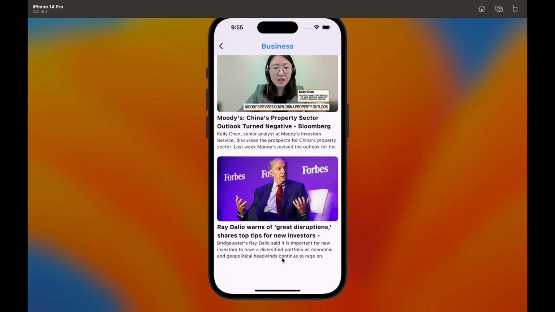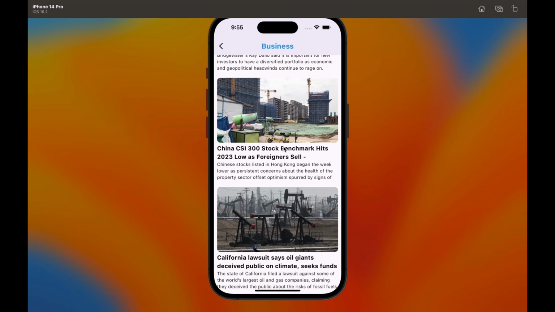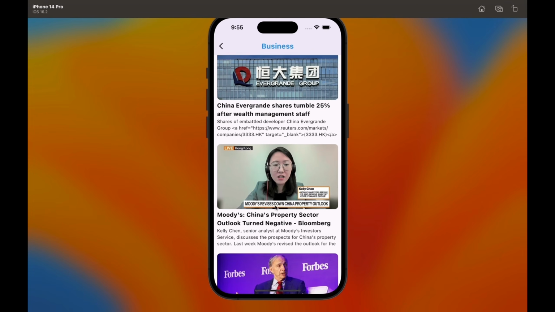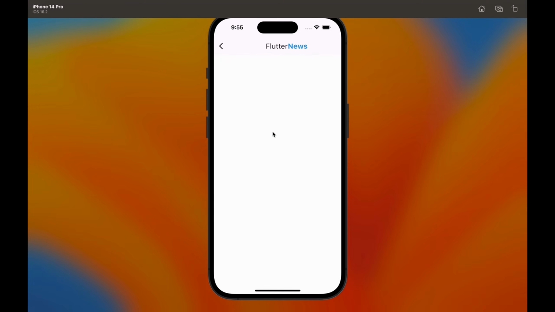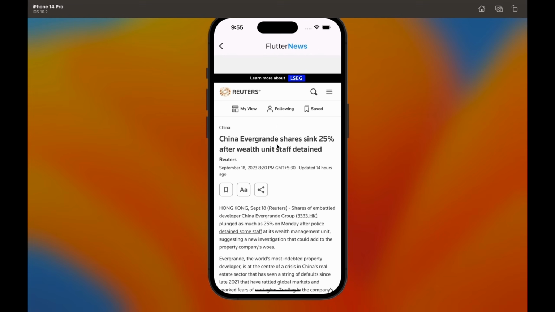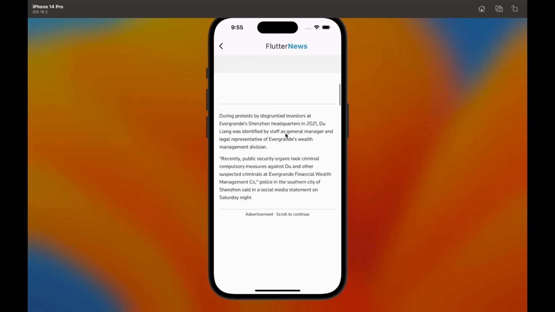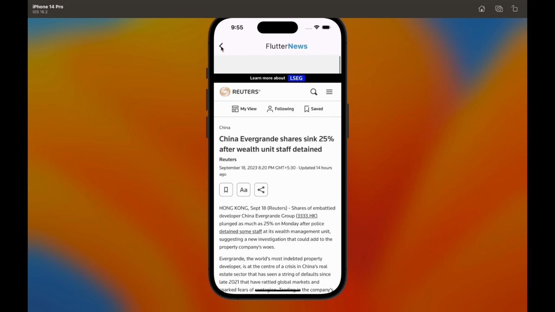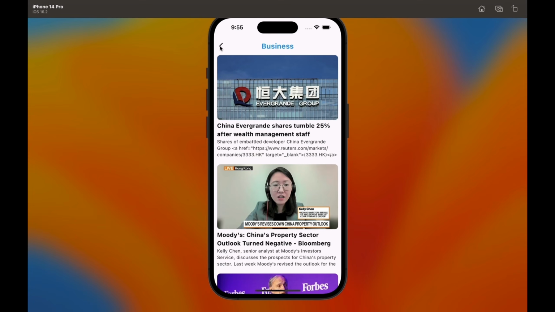When you click on any of the categories like business, then you will move to the page named business here, and you can see all the news related to business here. Now if you click on any of the news, then you will move to the web view of that news so that you can read the news in more detail. Now let's move back